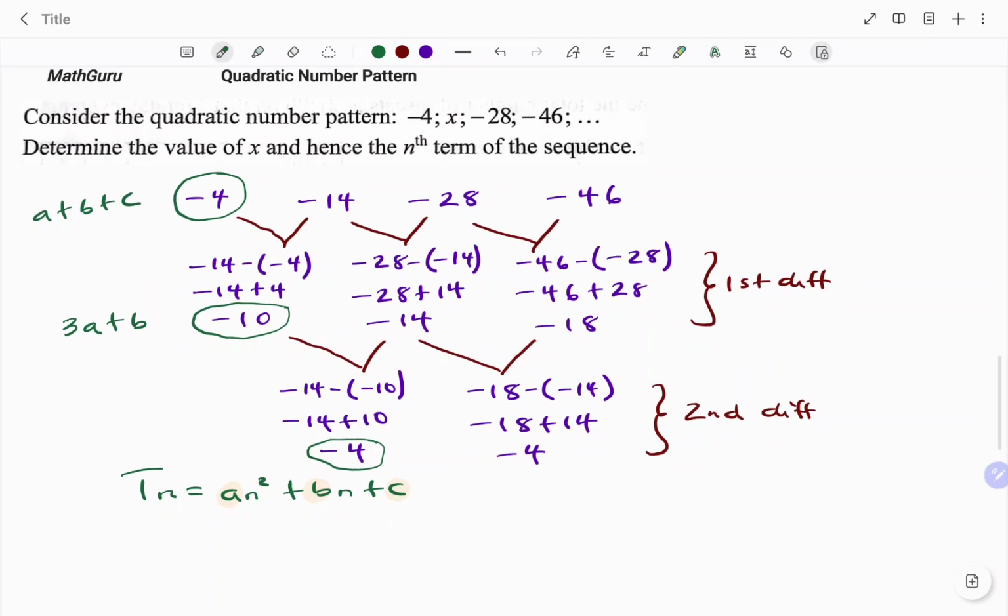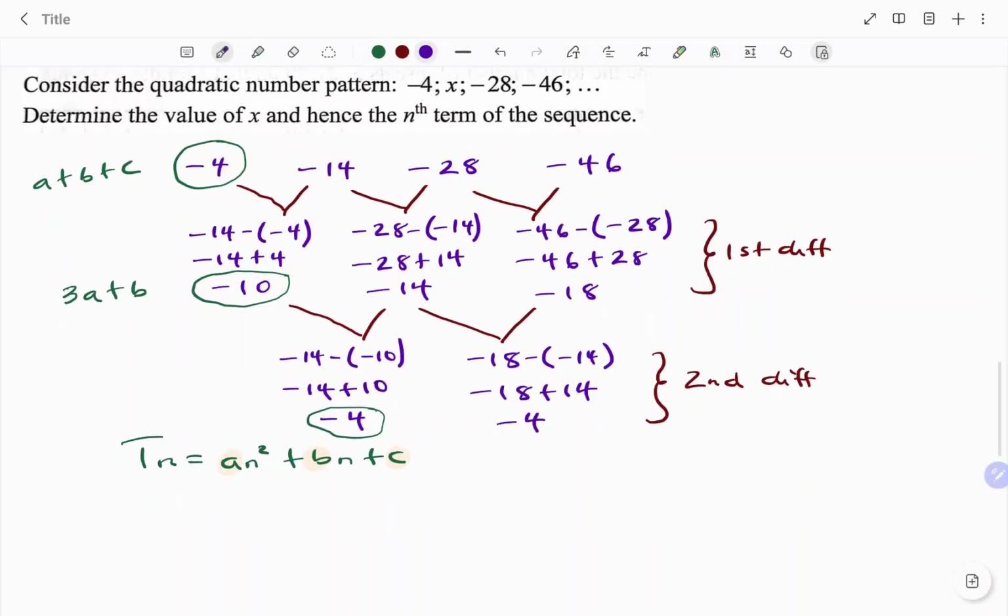So starting with the second difference, I have that is equal to, I'm going to write my 2a here. So therefore, to find a, I have 2a is equal to negative 4. So dividing both sides by 2, I have a is half of negative 4, which is equal to negative 2. The next step is to find